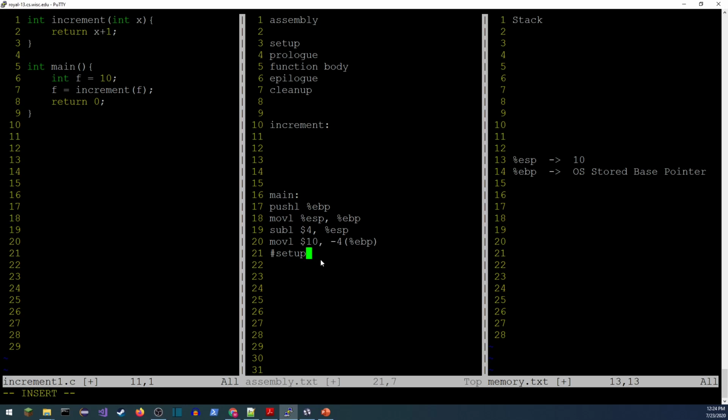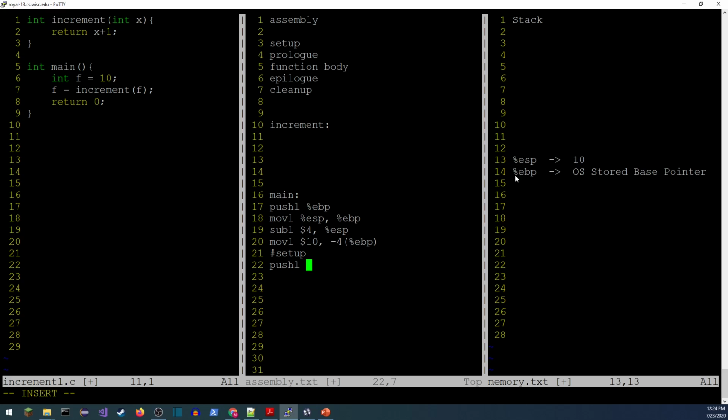Okay, I'm back. Got the setup here. So what's going to happen is the first thing I need to do is get these parameters ready, because there's one parameter right here, variable f, that I need to push onto the stack. And that's exactly what it's going to do. It's just going to push. It is a 4-byte integer, so pushl. And what I want to push is a value from a memory location.